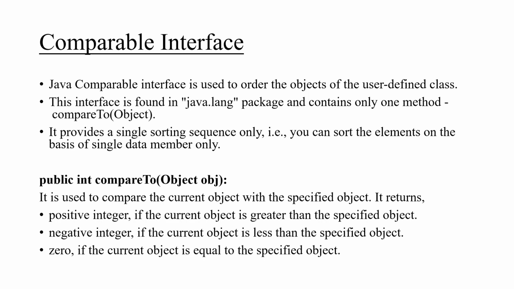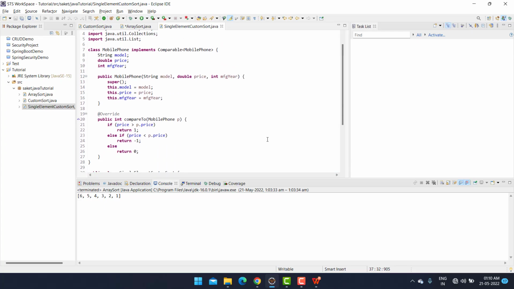It will return any negative integer if the current object is less than the specified object, and it will return 0 if the current object is equal to the specified object. So this is what we have done in our code. You can see, this is the compareTo method of the Comparable interface that we have overridden, and we have